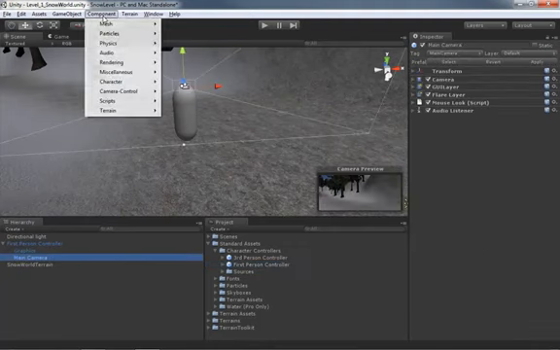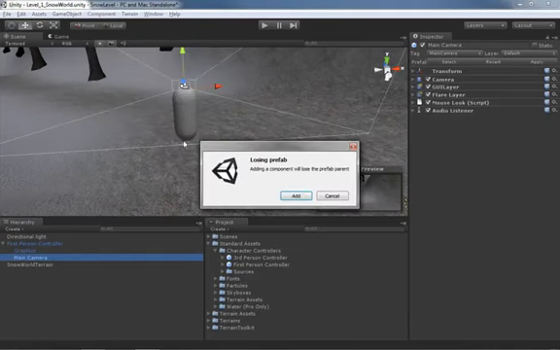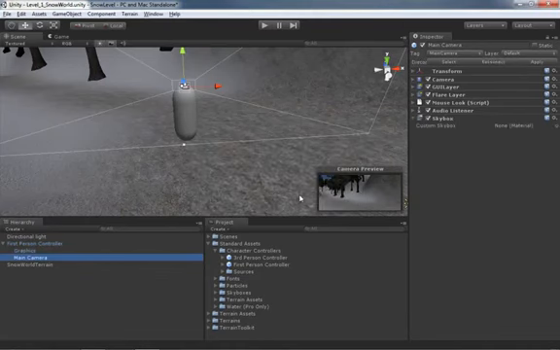So select your main camera, come under Component, jump down to Rendering, and we'll choose Skybox. And again, we get the warning this will lose the prefab parent, which is fine. It doesn't break anything. But notice it's no longer highlighted blue because the child is now different than the parent, because the child now has a skybox component bolted onto it. Now here we can see the skybox component, which has only a single property, which is the custom skybox. This is a reference to a material, specifically a cube map material, that will be used to place the skybox